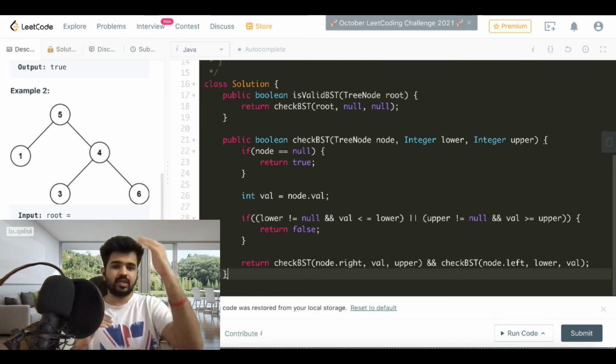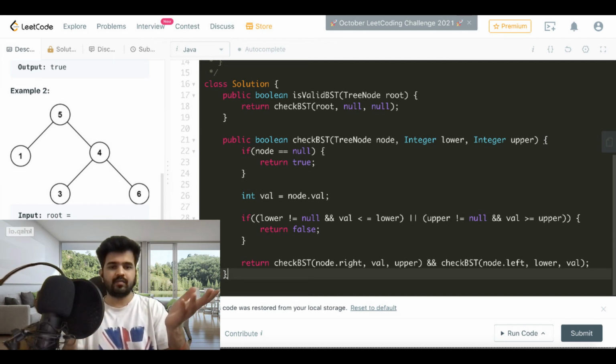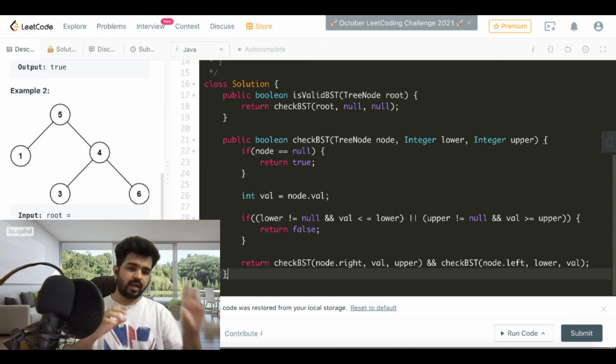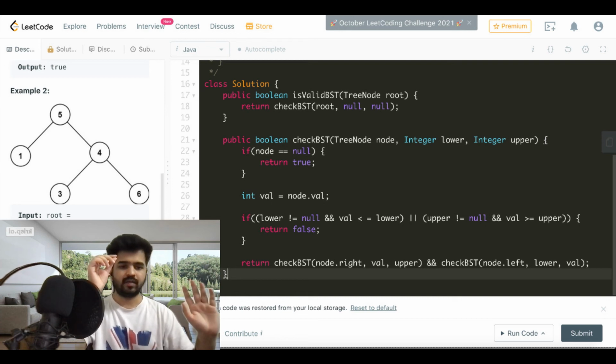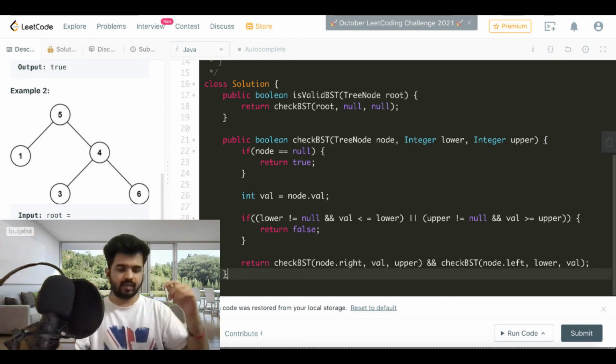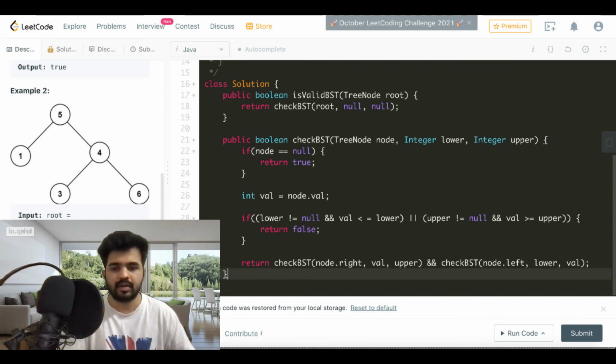The lower bound will remain whatever it was before. And for the right child, we can set the lower bound as the node's value, and the upper bound can remain whatever it was before. In this way we can keep on checking each of the nodes, and in the end, if there is no violation in these constraints, then we can return true from here. And that is how you check a binary search tree.